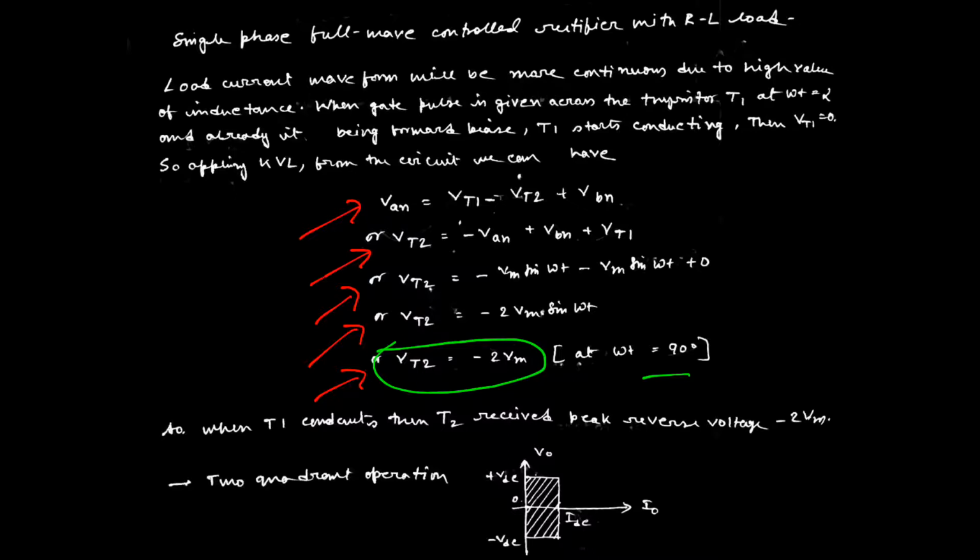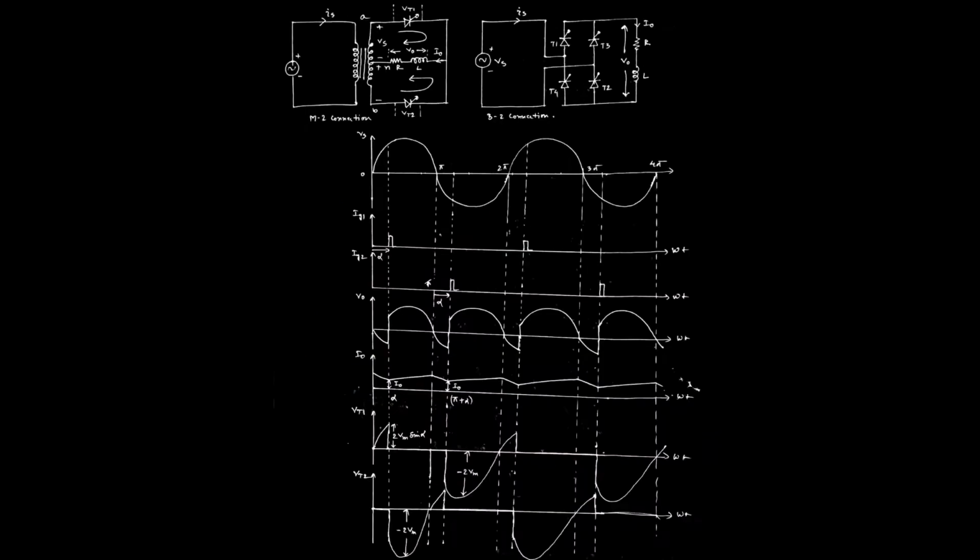That is why during RL operation, any rectifier can cover the two-mode operation, which is taken from the first mode operation, that is the first quadrant operation, as well as the fourth quadrant operation. Now the waveforms. So the total working principle can again be described with the proper waveforms.